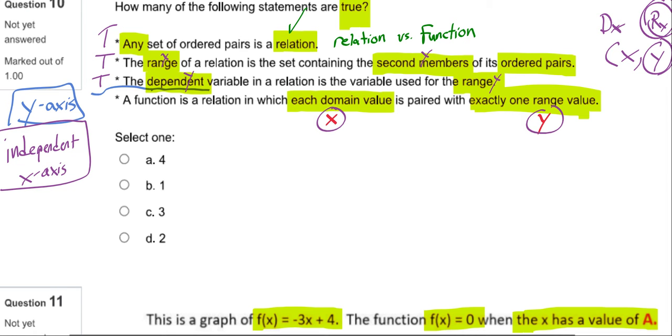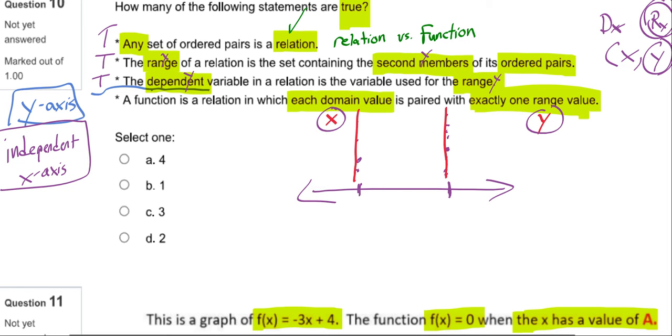What this is saying is that for every spot left or right, if you're looking here, you're going to find only one y value, not 2 or 3 or 4 or 5. If you found more than one y value at the same x spot, you're expecting to find just one. But if you find another or another or another, then you are starting to fail that vertical line test of